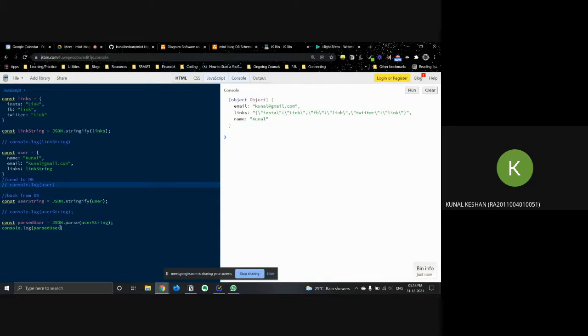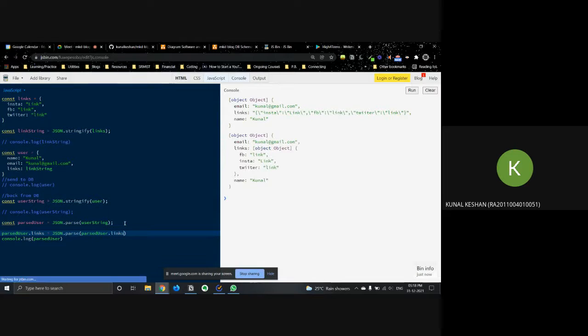So I would have to put parsed user dot links is equal to JSON dot parse parsed user dot links. Hopefully this works. And you can see, it doesn't look so good over here.